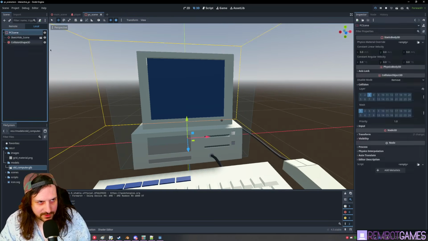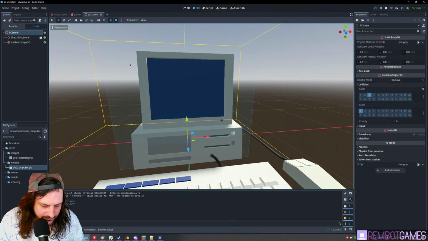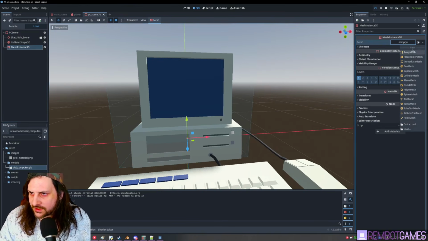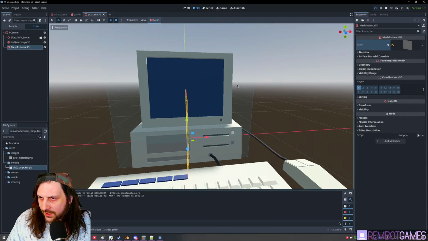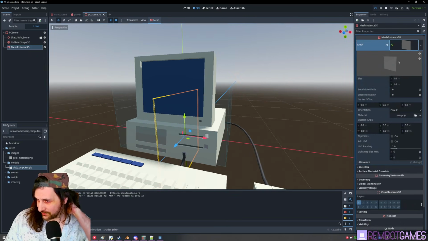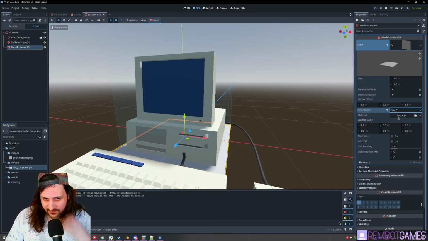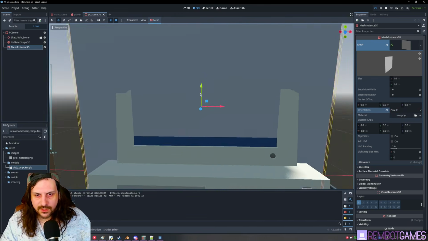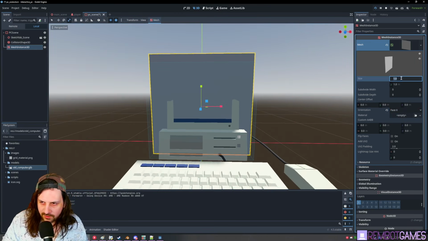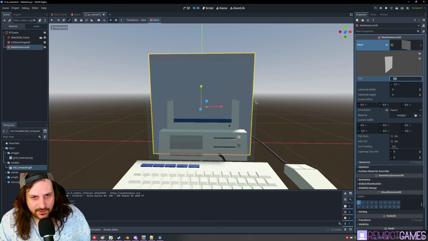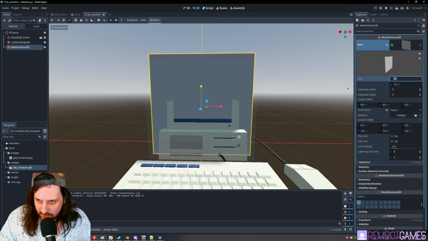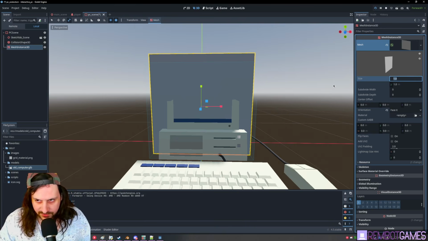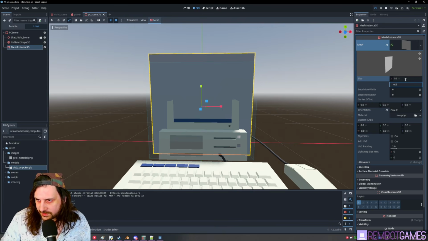Cool. And now what we're going to do is add a mesh. So we're going to go Control A, Mesh Instance 3D. And what this mesh is going to be is our screen. So on this mesh, we want to hit face, what is it, Y? No, face X. Make sure it's facing us by default. And then we can make this quite a little bit smaller. What I recommend is that we make sure this mesh is proportional. So 1 meter won't do, but it's 4 by 3, so that'd be like 800 by 600. So if we go 0.8 by 0.6,